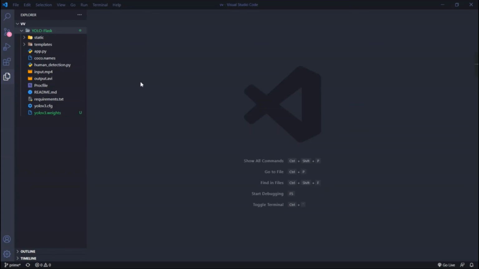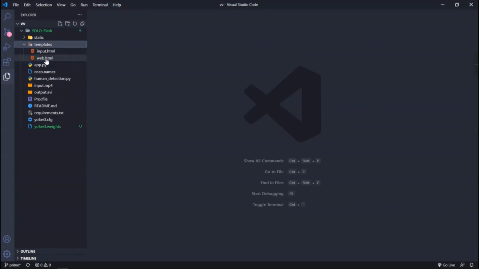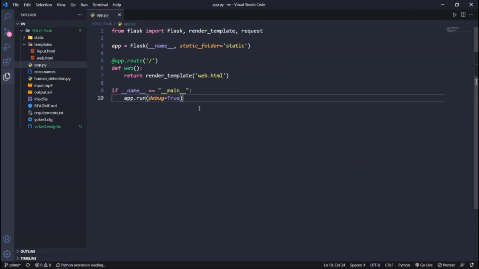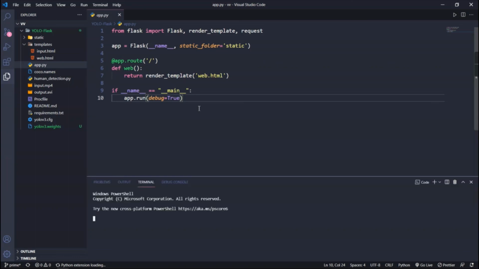So yeah, this is my VS Code window, and let me show these two files, web.html and input.html, and this is the main file where we have to run our Flask. Okay, let's run this and wait for a while. You will get the output.